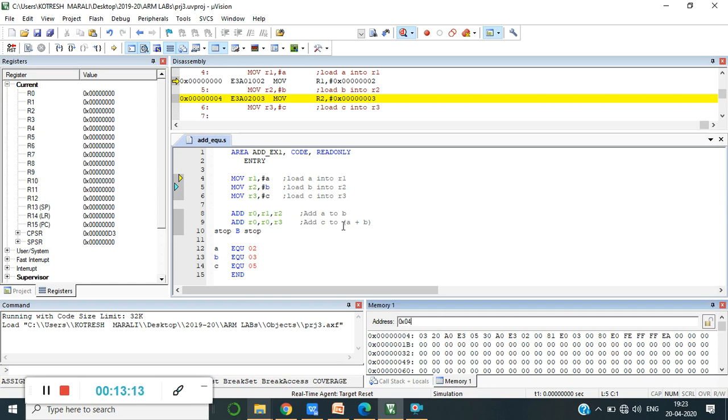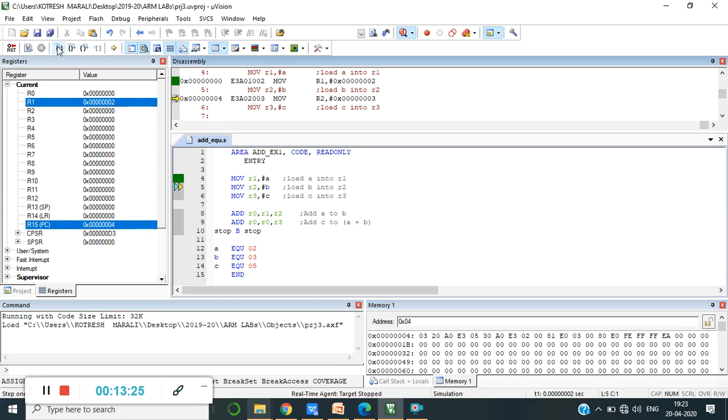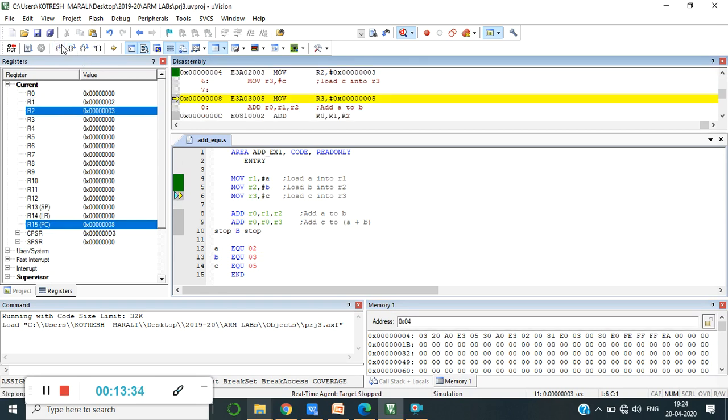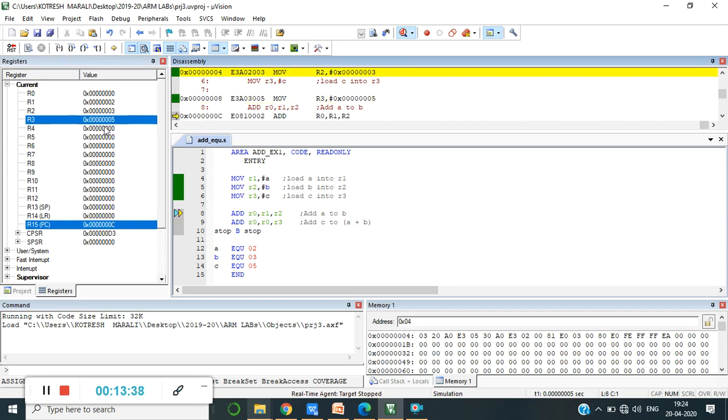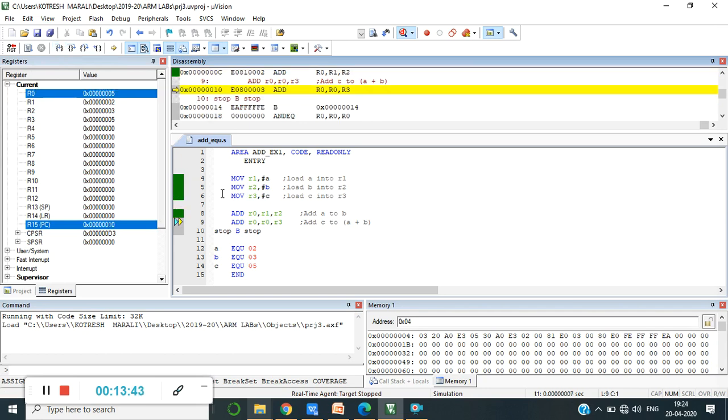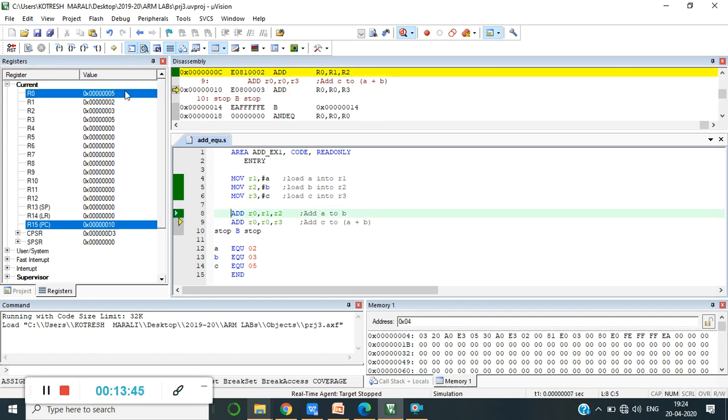Coming to observing the output, this was just to make sure how Little Endian works. Now go for the simulation. R1 takes the value of A. What is A? A equals 02, so you get R1 equal to 02, and similarly R2 equal to 03, R3 equal to 05, and obviously now R0 equal to 5 because it executes the first add instruction.